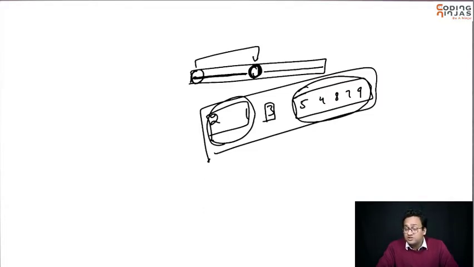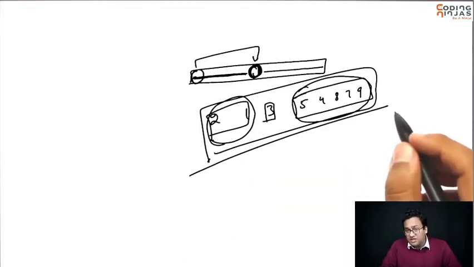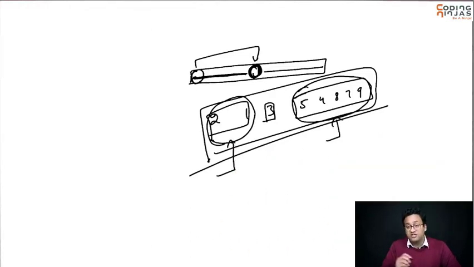Then what do you do next? You partition your list into 2 halves such that there is a number in the middle, we can call it the pivot point. Everything on the left side is smaller than the pivot, everything on the right side is larger than the pivot. And we call it partitioning. So once you have partitioned it, you can call quicksort on one side and quicksort on the other side, and then the whole list will be sorted.